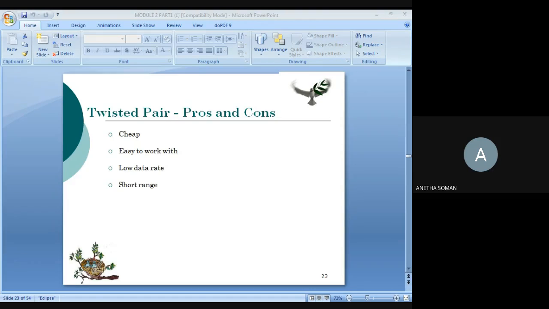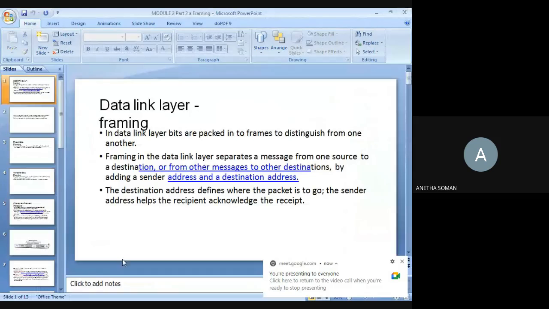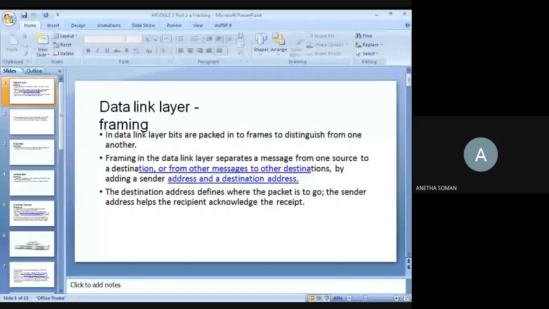Okay, so we were discussing the physical layer in the last class. Now today we will be seeing the second layer of the OSI model or the TCP/IP model. Which is the second layer of the OSI model or the TCP model? Data link. Okay, about the data link layer and its important functions. So all of you please listen here.